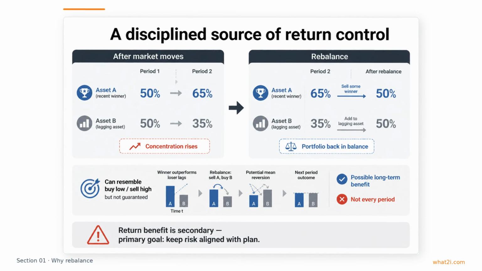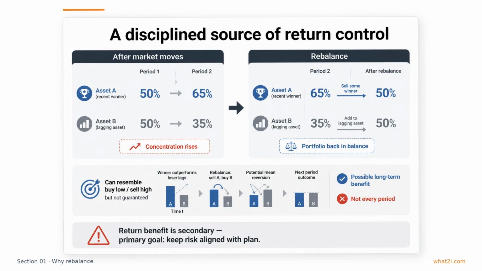Rebalancing can also have a useful side effect for long-term returns, although that is not its primary job. By trimming recent winners and adding to lagging assets, it sometimes resembles the discipline of selling high and buying low. It can reduce concentration in whatever has been hottest lately, which may help prevent a portfolio from becoming overly dependent on a single strong trend. But this benefit is not guaranteed, and there will be periods when rebalancing appears to hold back returns. In a strong bull market, for example, letting winners run may look better for a while. That is why any return benefit should be viewed as secondary to the core goal of risk control.